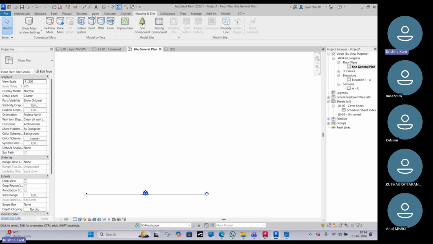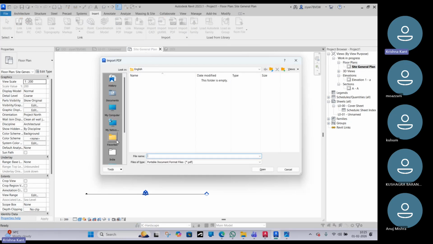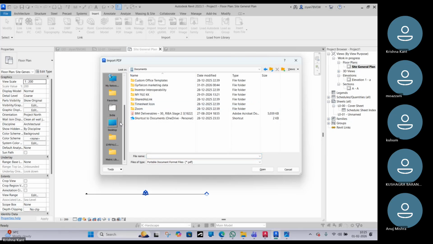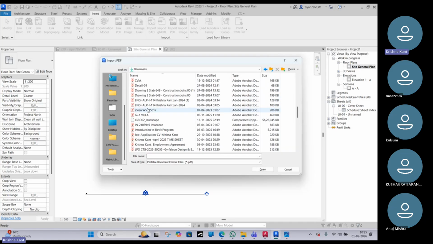So how to bring it? Now go to the Insert tab. See, there is a PDF import option as well, and a PDF linking option as well. It's there, but what is the issue? The PDF will not have any particular scale. Obviously you have to import the PDF and you have to work on it. I will show you what's the difference. Once you directly import the PDF over here,